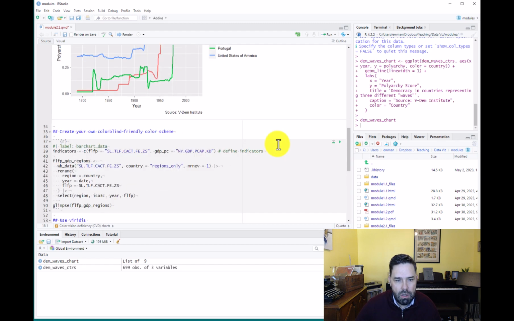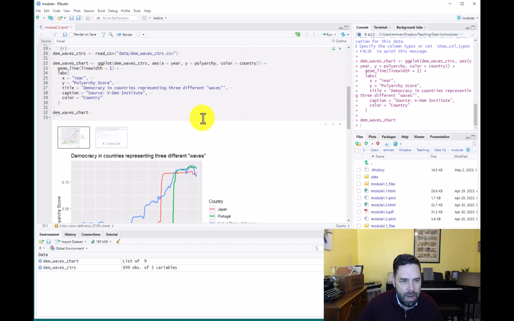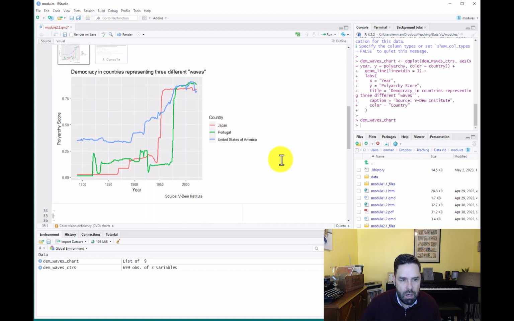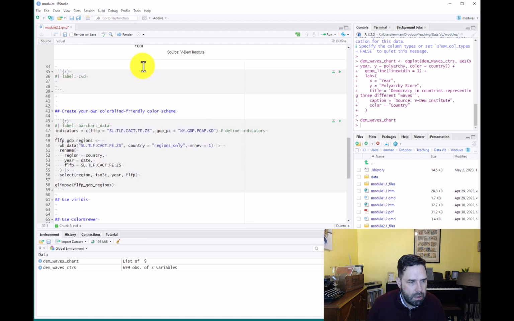Okay, so how can we see that? So one way we can do that is we can use a package called the colorblindness package. There are a number of these kinds of packages that are available. We're going to focus on this one for this lesson. But let's go ahead and insert a code chunk here. And we're going to call this code chunk CVD. And what we do first is just load the colorblindness